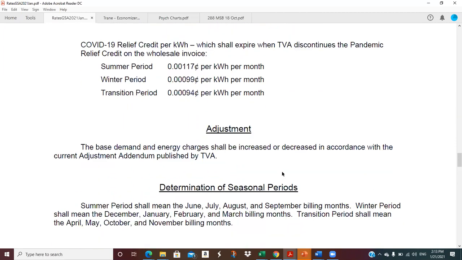Okay, adjustment. The base demand and energy charges shall be increased or decreased in accordance with the current adjustment addendum published by TVA. I'm not aware that they adjust the demand rates very much, but they do on energy, they publish a fuel cost escalator or fuel cost adjustment. And based on their fuel mix during a particular month, they have a little add-on, it might be 0.0025 per kilowatt hour. It gets added on all of the energy. In fact, that Florum,